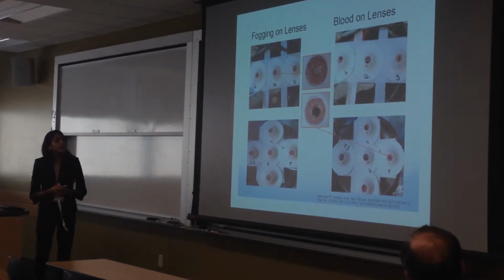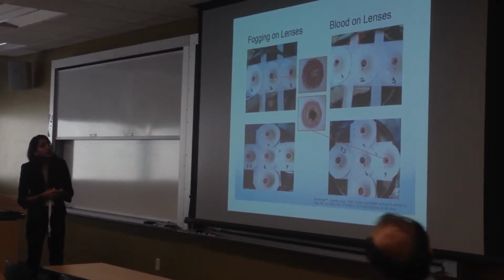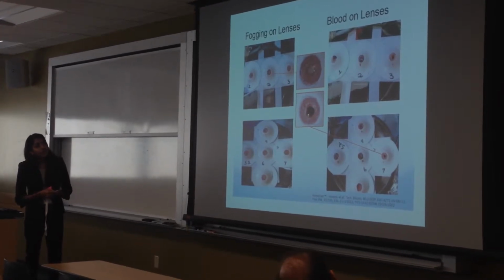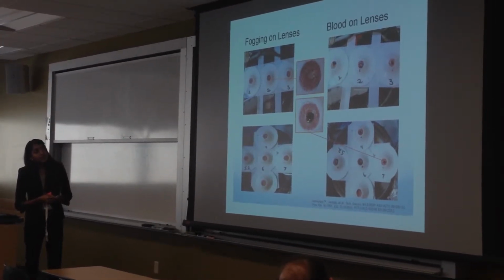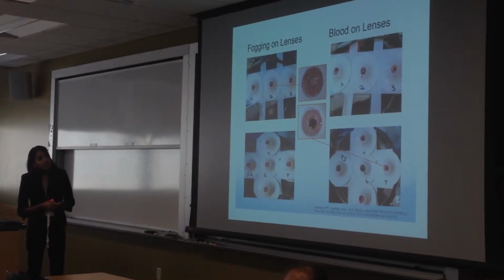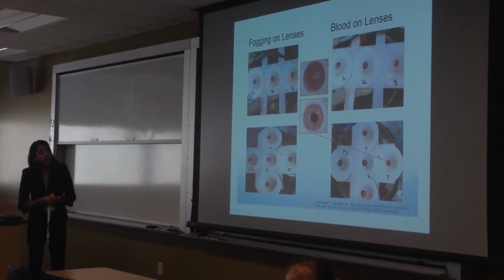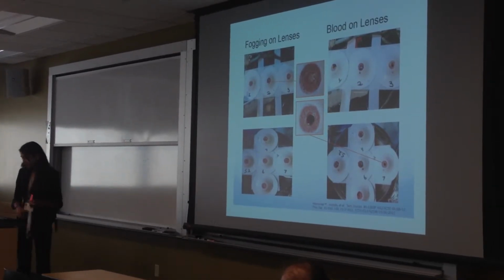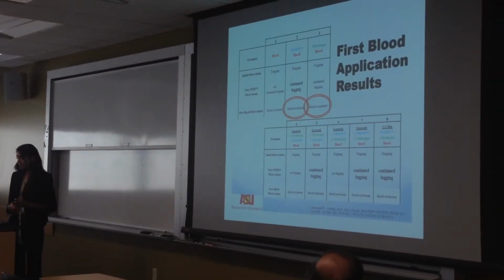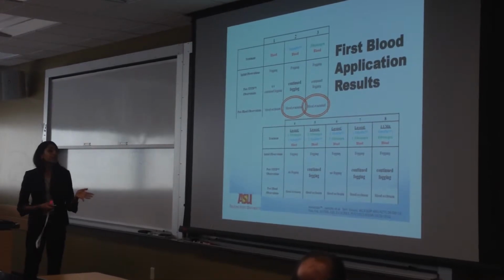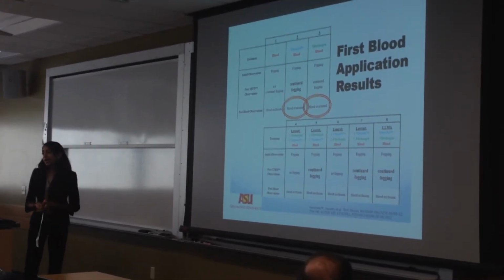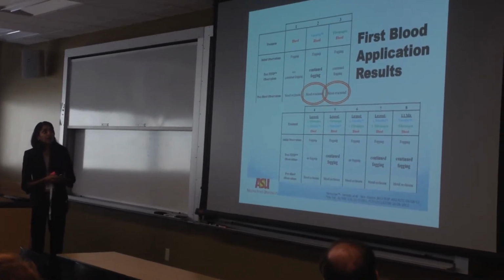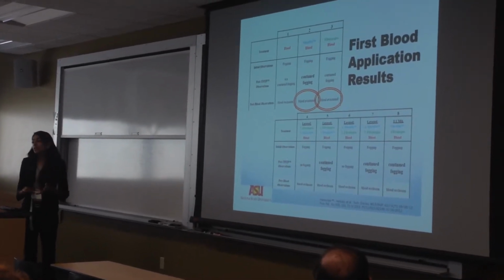Here you can just see what the fogging looks like on the lenses, and in this picture you can see what blood looks like when it's displayed on the lens. This outer circle again is the silicone membrane, and this little puddle, the darker red, is blood. As I mentioned, we had 8 different trials, but for the sake of time, I'll just talk about the first 3 eyes. So we had one artificial eye that just saw blood that was